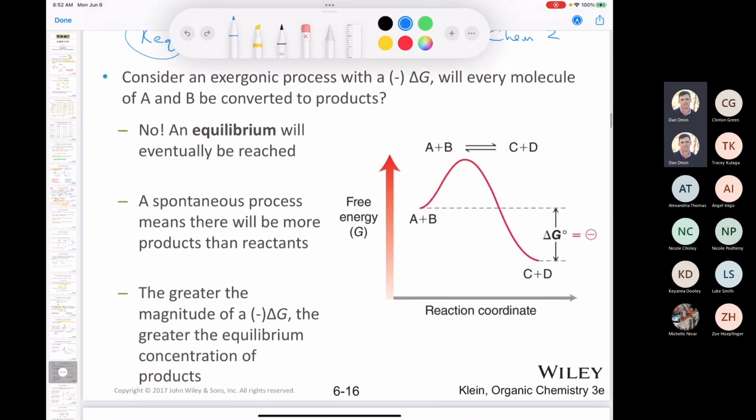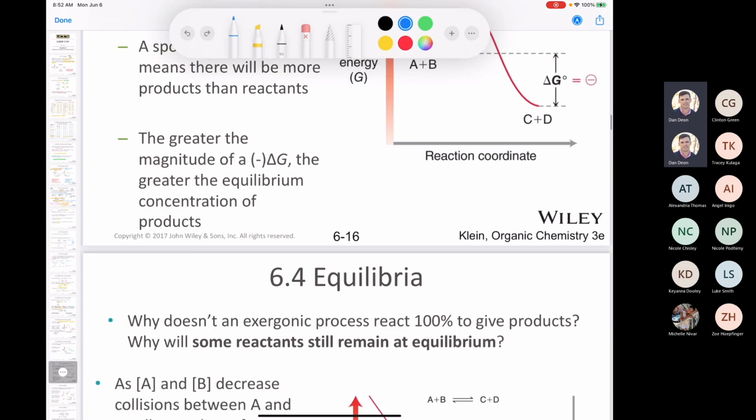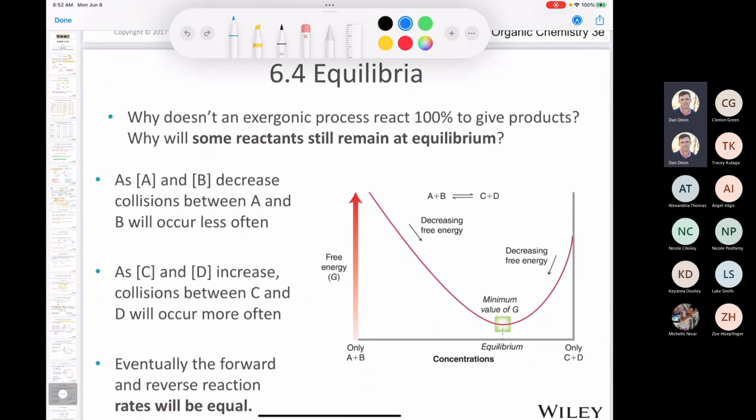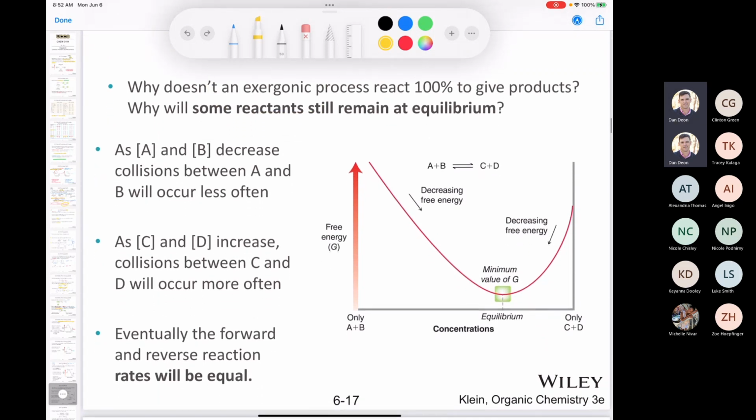And thus, based on those first 2 points, the conclusion that we can make is that the greater the magnitude of delta G, so the more negative it is, the more products we're going to have. And I actually have that represented in a table that we're going to look at in a second. Now, if you're thinking, well, if the reaction is spontaneous, if it's exergonic, why doesn't it give us just 100% products? Well, the answer is